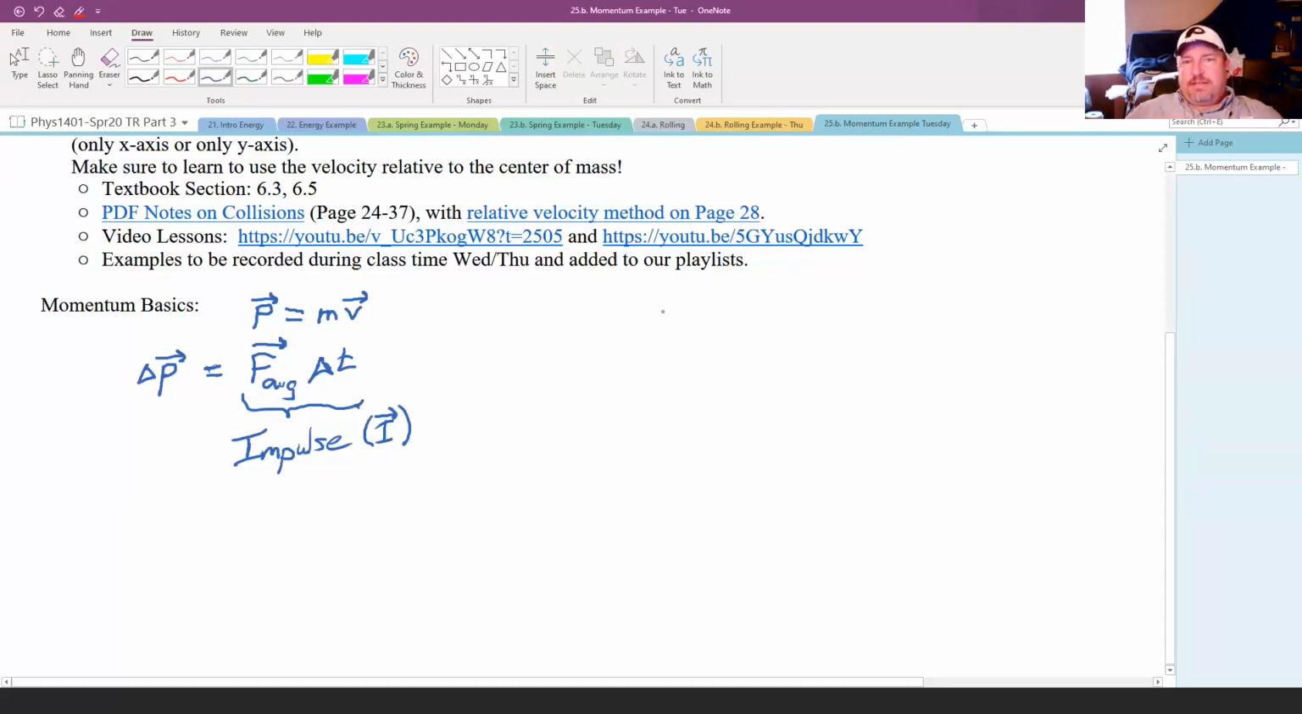Now, for many objects, it makes sense to talk about the total momentum, which would just be the momentum of object 1 plus the momentum of object 2 plus ... If you had more than 2 objects, you could add in more than 2 momentum values there. And the reason that this is interesting is if object 1 and 2 exert force on each other,